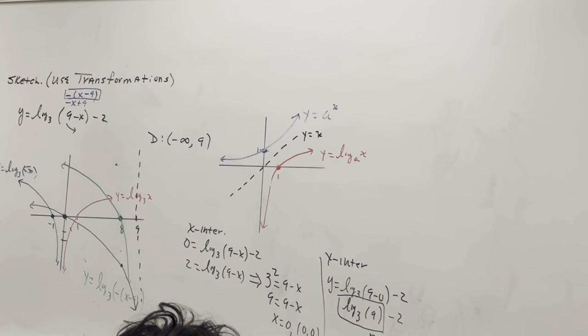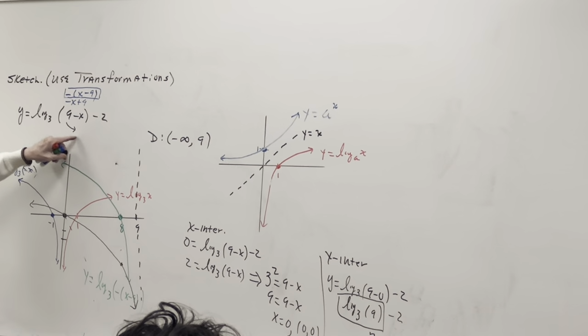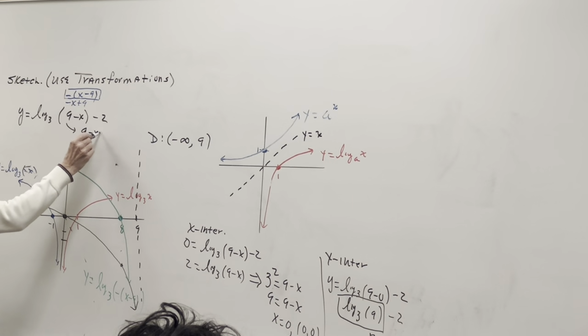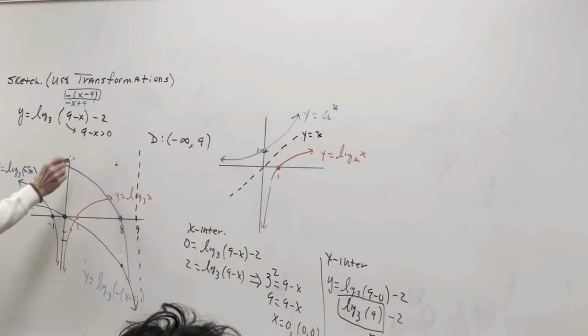How does one find it? We just had that on the handout. This part inside here must be what? By restriction, greater than 0. We did a few of those domains earlier. Is that true? If I go ahead and solve this,